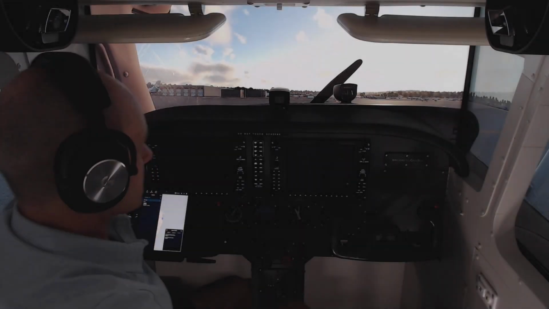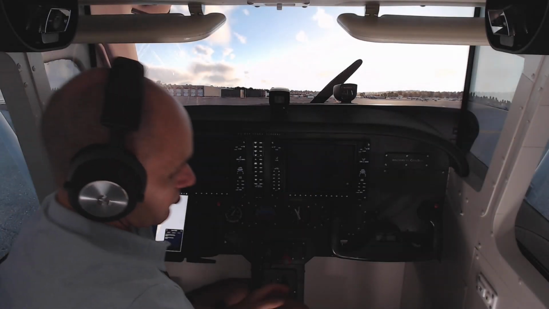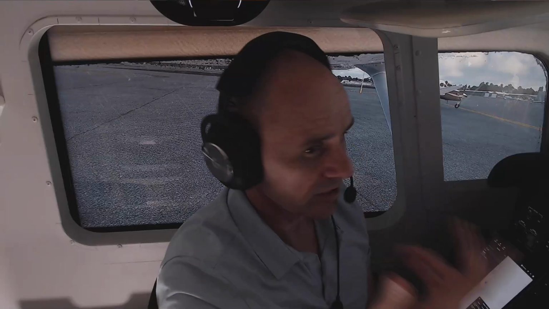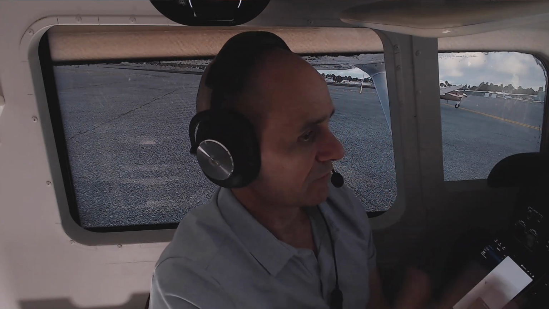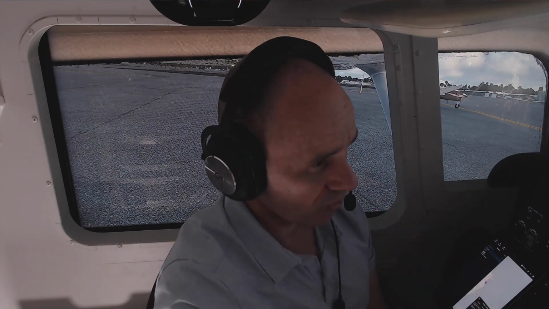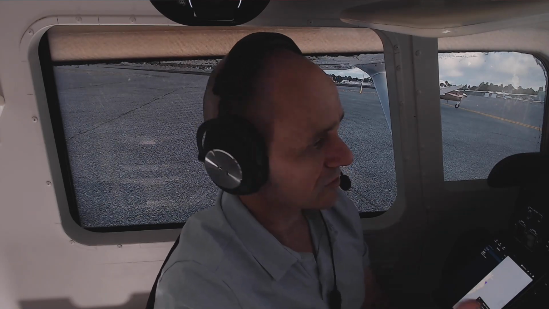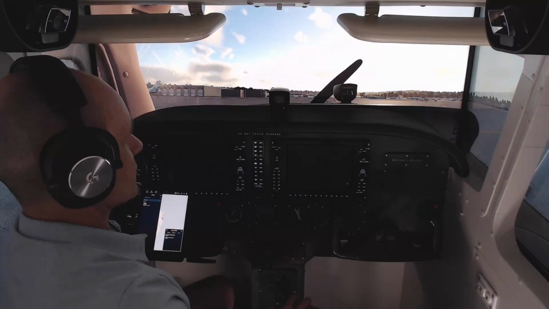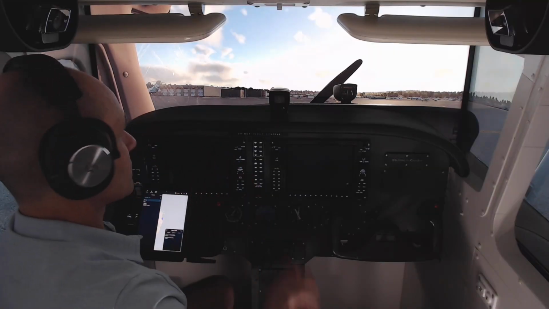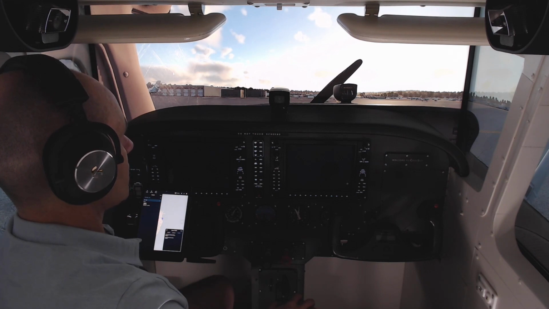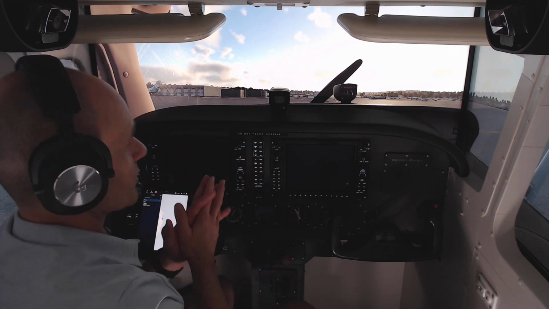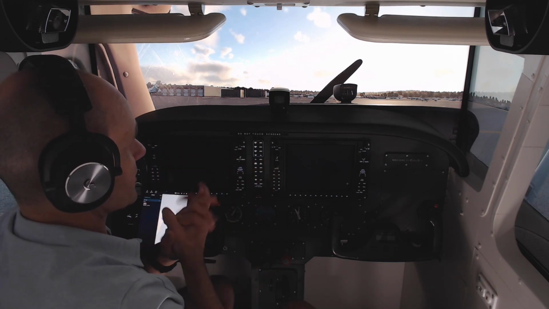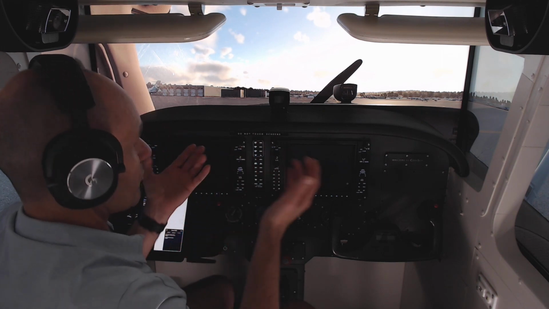Well, good day everyone. Here we are, XP12. In transferring myself across from XP11 into XP12, a few things have worked really well. So bringing libraries across and some of the scenery and so on has worked relatively well. But what didn't work out was the existing airplane models, and I was expecting that to work. So the Cessna 172 G1000 that I was using, which is fundamentally the standard Laminar Research one, when I brought it into